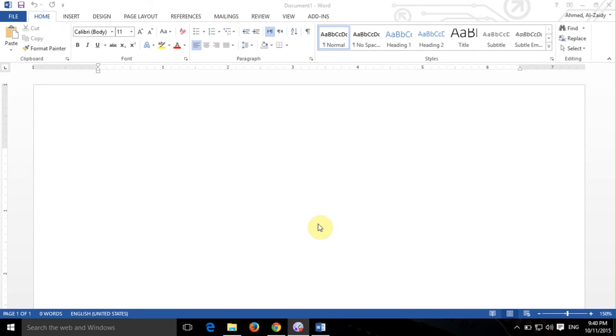So today, the first thing that we are going to cover, based on our preparation for today, is using the read mode. The read mode will change how Word will display the document. Now the one that we're having right now